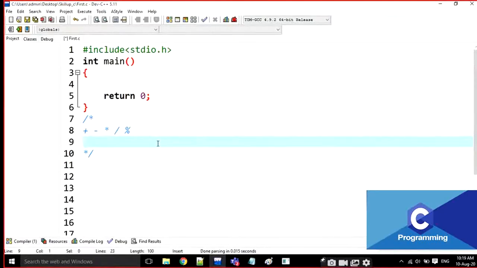And the next one is relational operators. First one is arithmetic operators, and this one is relational operators.